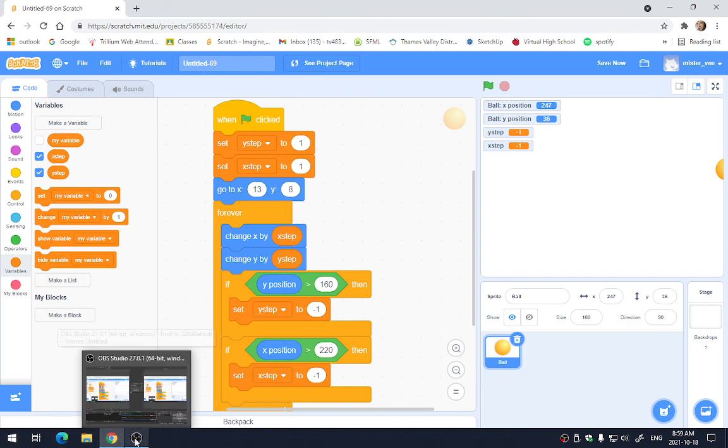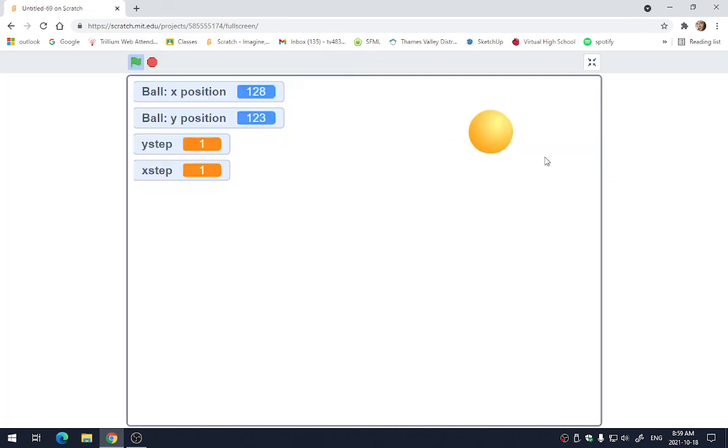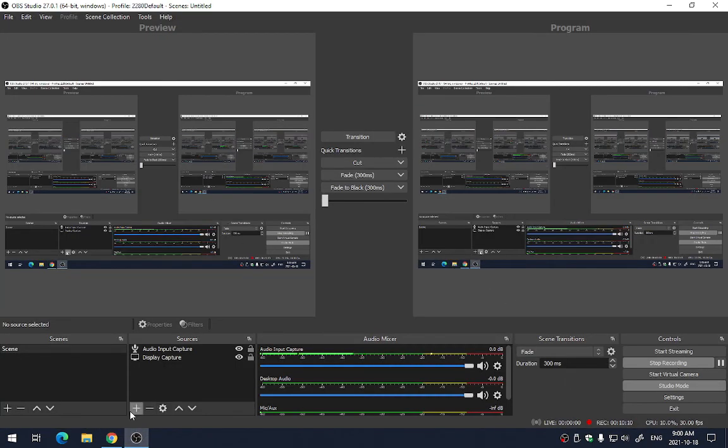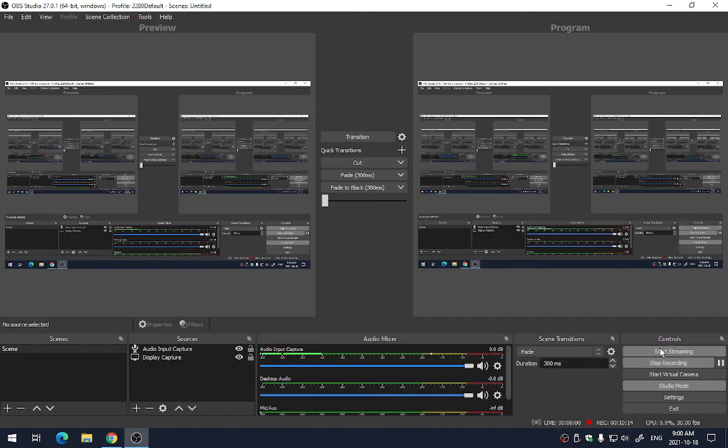Will it bounce, folks? Will it bounce? It did. Okay, so take a second. Try to get it to bounce off the bottom. Your goal in the next 15 minutes is to try to get it to bounce off the bottom and the top. Okay? And then I'll show you how to